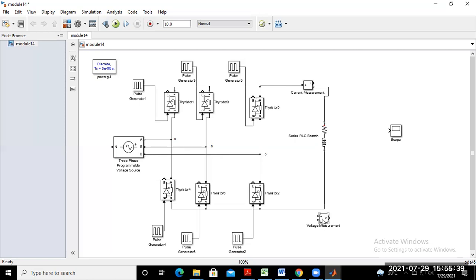That means this voltmeter you can connect here. Now we connect these ammeter and voltmeters through the oscilloscope.